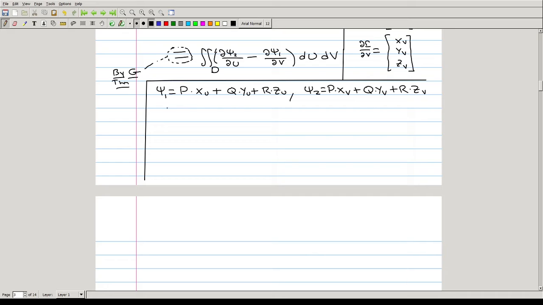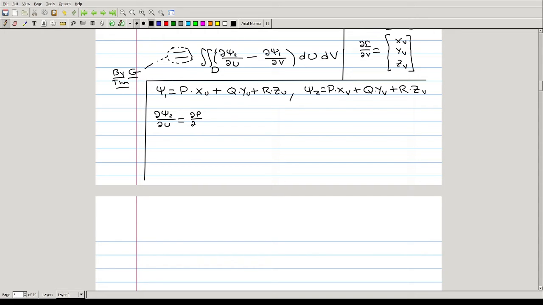And so now when we go through and take the partial derivative, because in this expression that we're getting, we need dφ2/du and dψ2/du and dψ1/dv. We need to subtract the two from one another. So we get dψ2/du first. This is going to be equal to ψ2, which is this right here, and for each one of these terms we're going to have to do the product rule, so it'll be